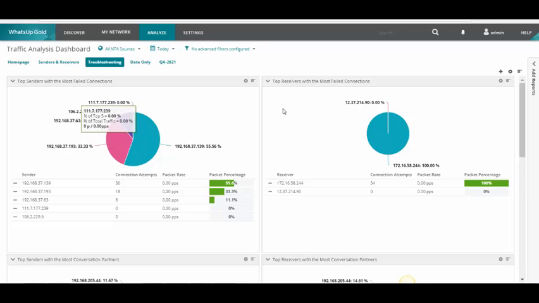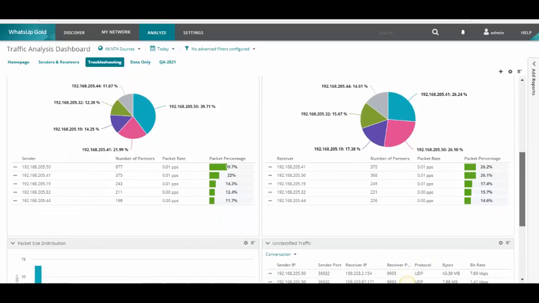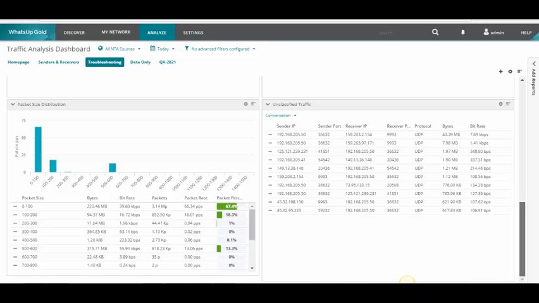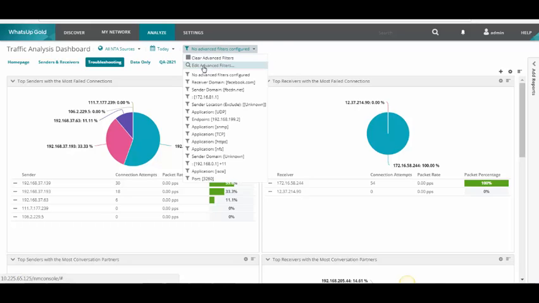And we'll see top senders and receivers with the most failed connections, which could indicate that we have some kind of viral activity. Maybe we have a botnet in our environment. Top senders and receivers with the most conversation partners, packet size distribution, and any unclassified traffic. Giving you a good understanding of what's going on your network, and you can also filter down to any specific